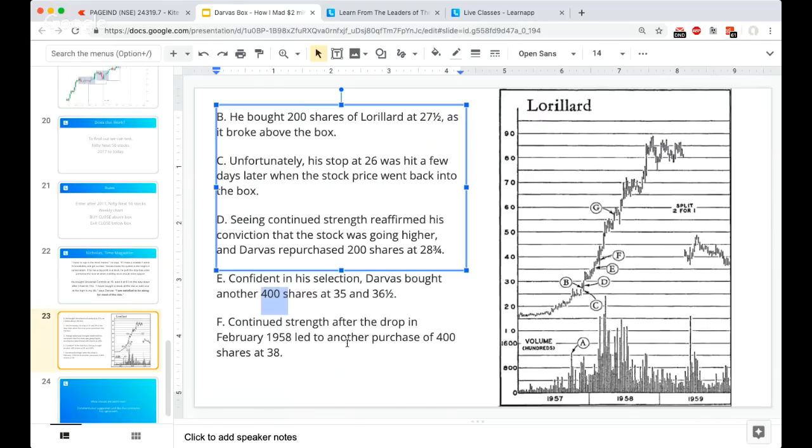I don't know how he did that though. And then continued strength after the drop. Over here, he would buy again. And then the stock split. And he never talked about the exit. But this is an example of him following the system, not knowing where the market will go, but just following